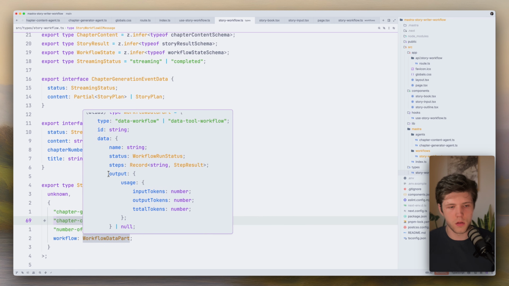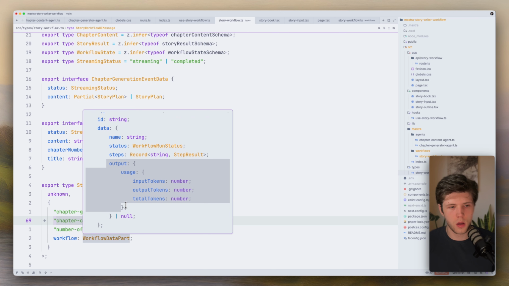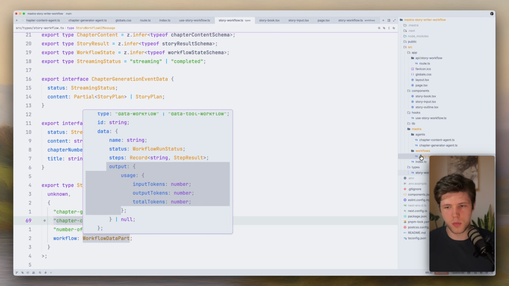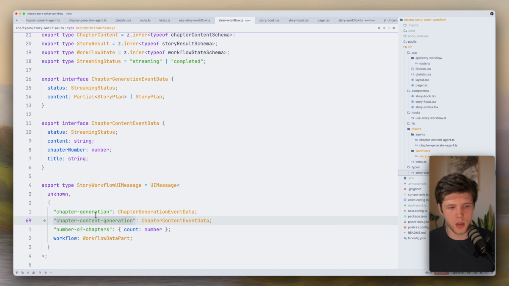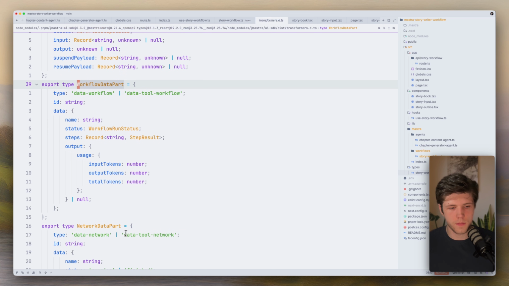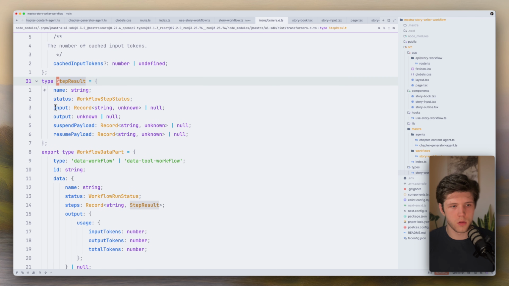You can also see here that we have output, which is going to be basically an output of your steps. Inside of the workflows, you will have each of your steps, and there you will have the output of each, sorry, not here in the output, but here in steps. You will see in the result the input of the step, and you will see the output of the step. The problem is that I've already created an issue for this, but you cannot really stream right now